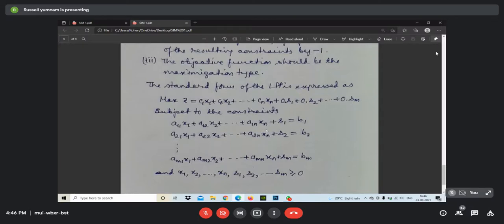I'll take some more time here, some more days here in the simplex method, because once the simplex method is known, then the big M method will also depend on the simplex method, and integer programming will also depend on the simplex method. That is why it is more important to understand the simplex. And normally questions on the simplex come in the exam also, and that is why it is very important.